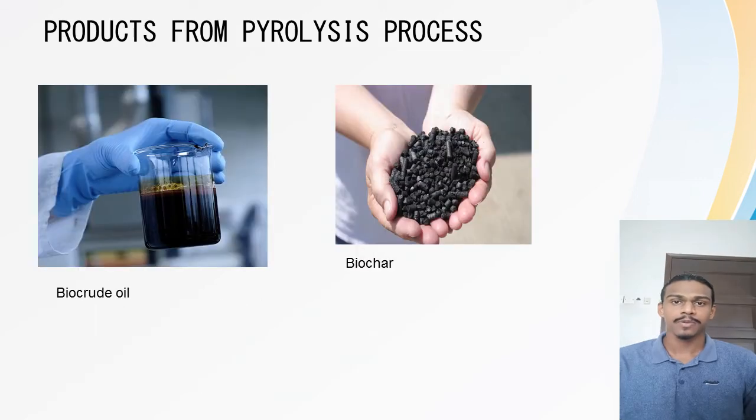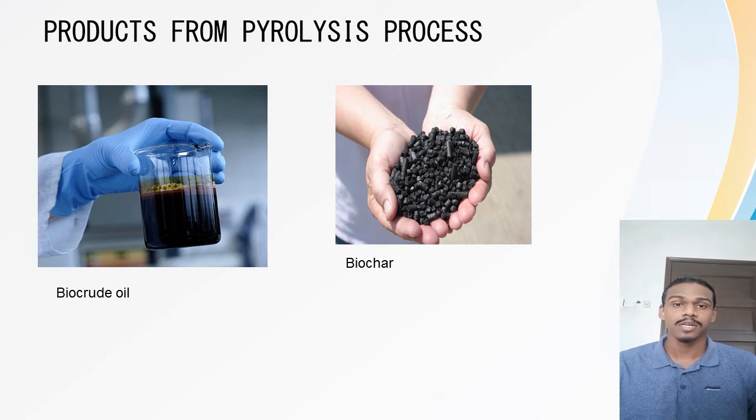The products produced from the pyrolysis process are solid residues and synthetic gases. Biochar is the solid residue produced from these processes. It can be used as a soil amendment to improve yield and also reduce soil emissions of greenhouse gases. The bio-oil produced is useful as transportation fuel or as burning oil in boilers. And finally, the synthetic gases produced from pyrolysis can be used for electricity generation. The synthetic gases produced are methane, hydrogen, carbon monoxide and carbon dioxide.